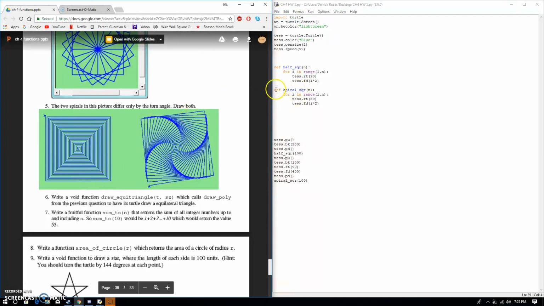For this function right here, I defined spiral_square(n), and it's basically the same thing as this one, except the angle is changed. Instead of 90 degrees, which is up here, I set it to 89, which will create this spiral effect. And down here, this is just code to separate these two, so that